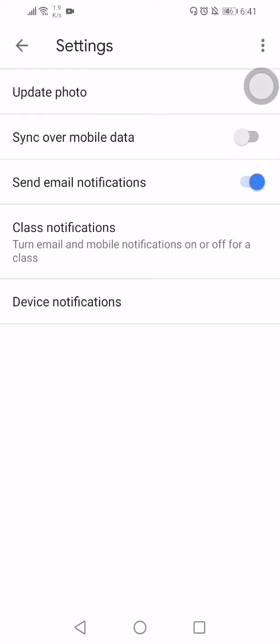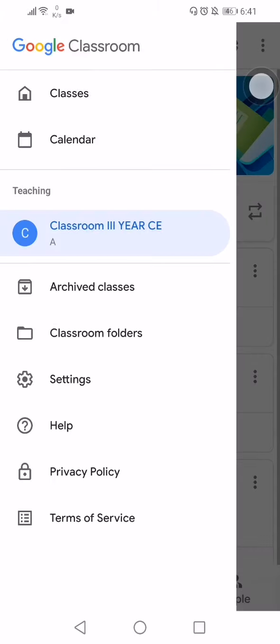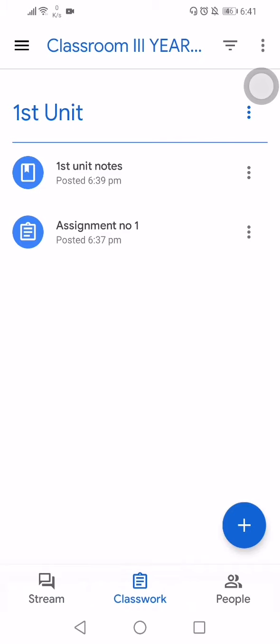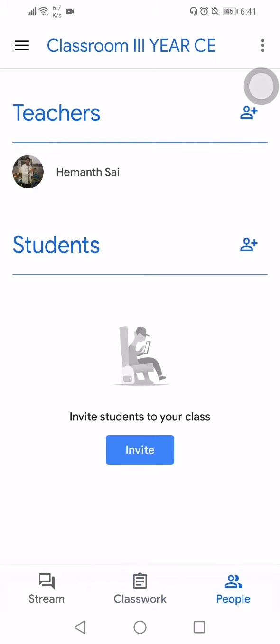We can update our photo, and these are the other options available, but they are not necessary. The best option is to select classwork, assign the work, and before that we have to add the students. How students can access Google Classroom will be explained in the coming video.